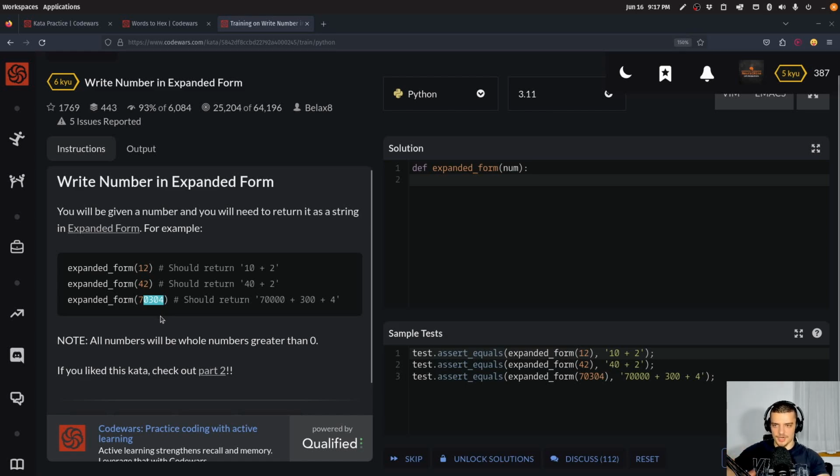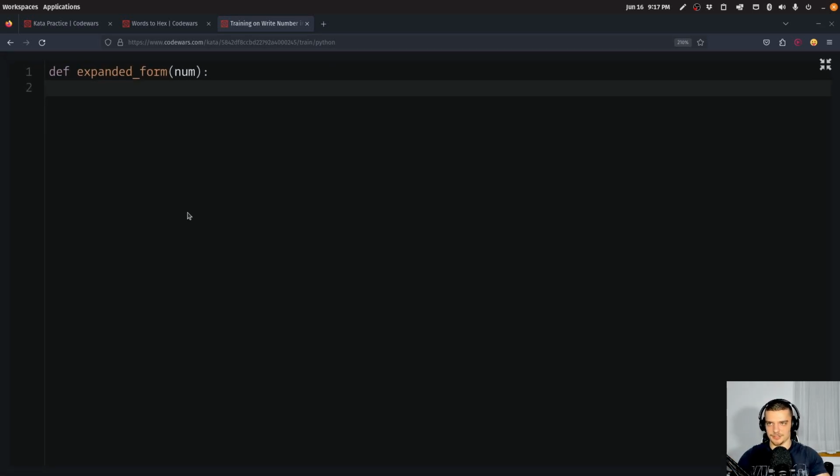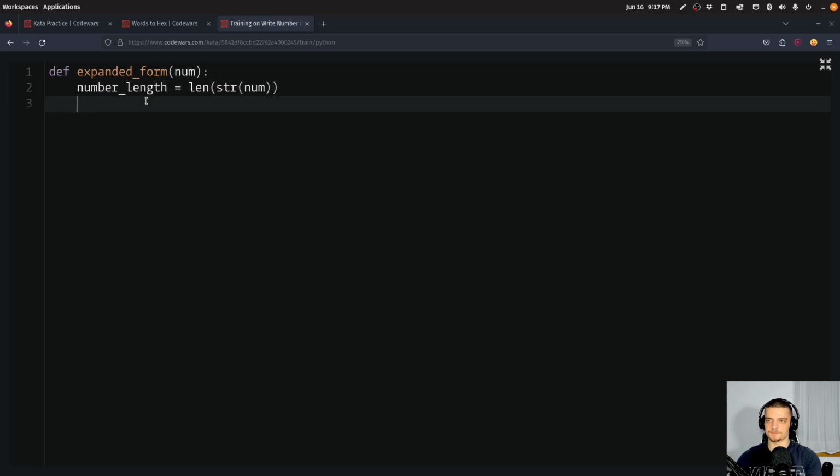And then I would truncate it and then multiply it again. So I think this should work. Let me see if this makes sense. Maybe not. But I think what we have to do is we have to say, first of all, number length. And here you could use some fancy mathematical formula. I'm just going to say length of the string of the number. And then what we want to do is we want to say, okay,